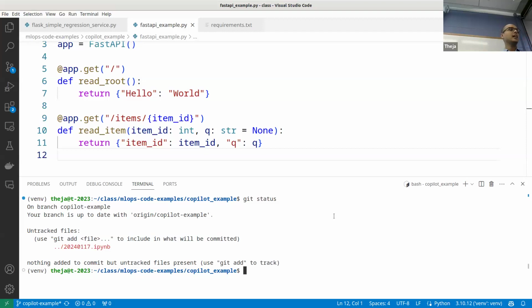This is another helper command, just to see the status of my code base. This is our MLOps code examples code base, in which I had created this subfolder called Copilot example, just one extra folder, within which there's one py file and a requirements file. This is what we did last time. And in fact, we also made a commit last time. So if you look at Git,